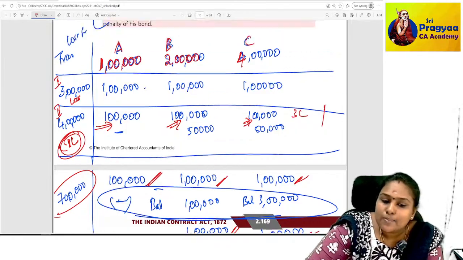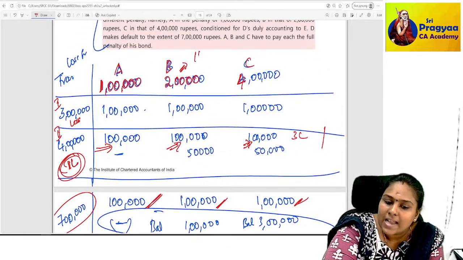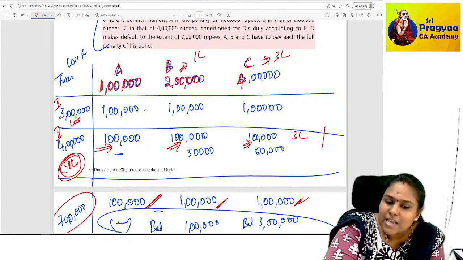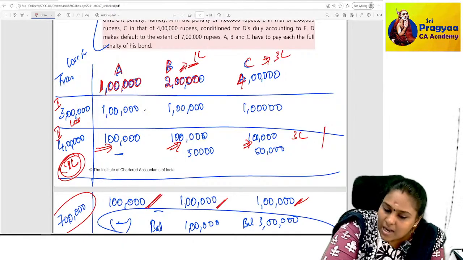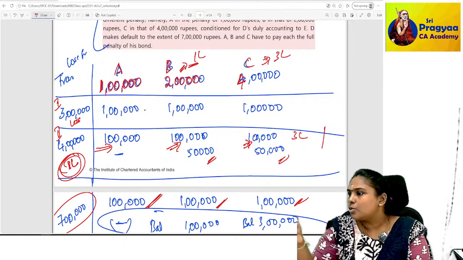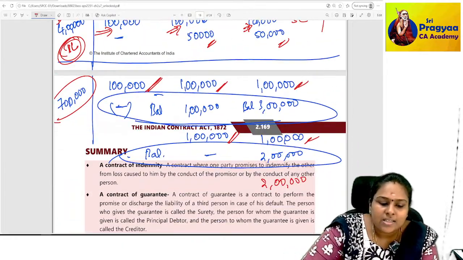Sir, what is the balance available with B? 1 lakh will be there. What is the balance available with C? 3 lakhs will be there. Sir, I don't want to charge him the entire 1 lakh. So, I will charge equally 50,000 and 50,000. Did you understand, both of you? Next scenario,